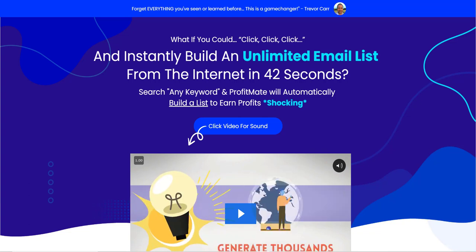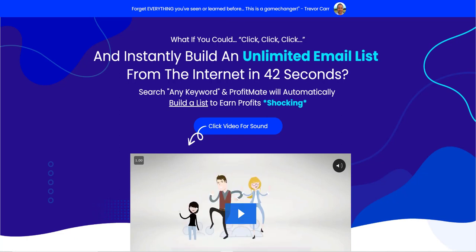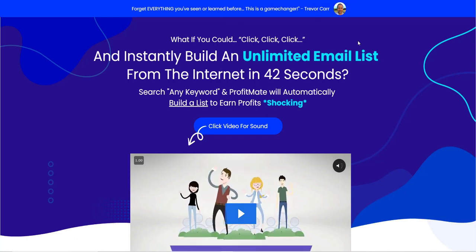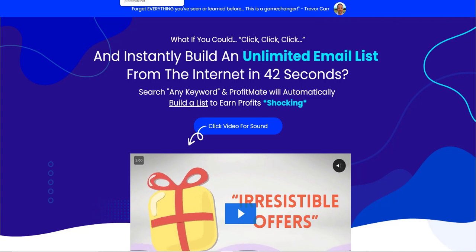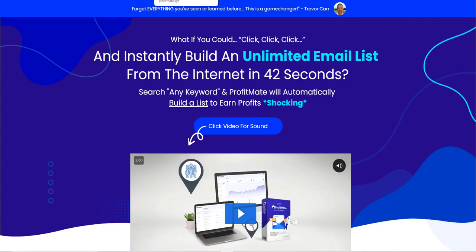So in this review, we're going to go through the actual product itself. I'll show you the dashboard. I'm going to tell you exactly what this does. And I'm going to go through things like the OTOs, just so you're aware of what this is actually giving you. And then I'm going to show you where you can get alternative software, which you can also go and check out before you decide to purchase this.